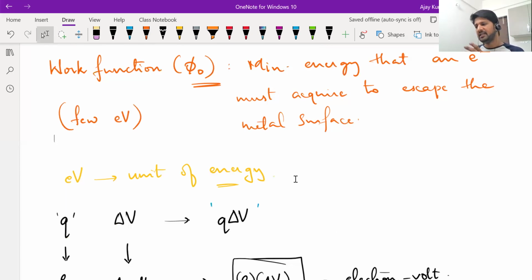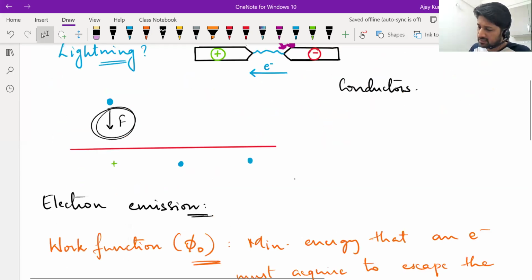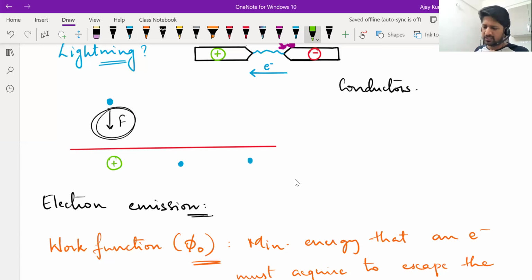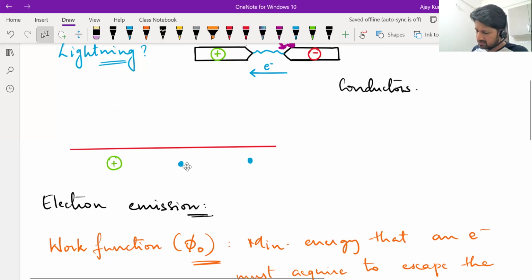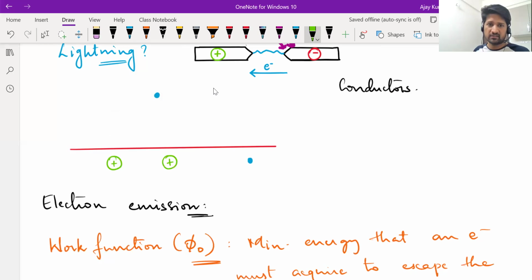There's no guarantee that every conduction electron will come out if you supply this much energy. Okay. For the first electron to come out, it is relatively easy. Why? When the first electron tries to jump out of the metal surface, there is only one positive charge left behind to attract it back. Okay. So it can overcome that attraction easily. Let's say the first electron has escaped. Now, if the second electron tries to escape from the metal surface, then what will happen? There will be two positive charges left on the metal surface. Then it will experience a stronger force of attraction. It will need more energy to escape from the metal surface. Okay, so not all electrons escape when you supply work function energy. Okay? Keep that point in mind.